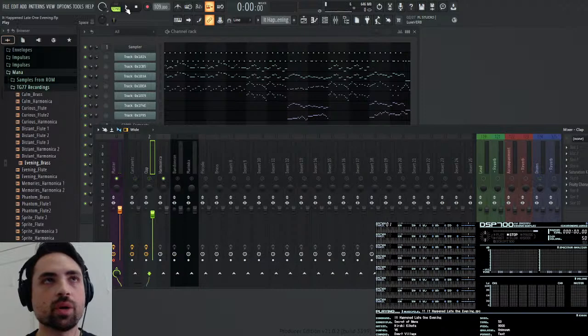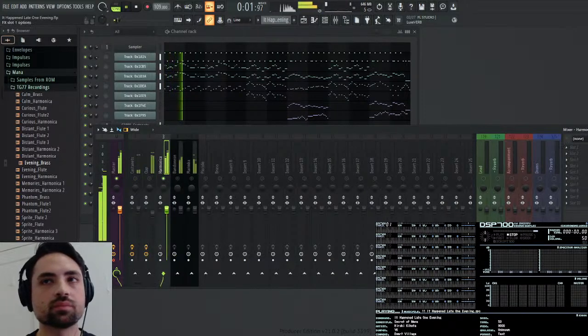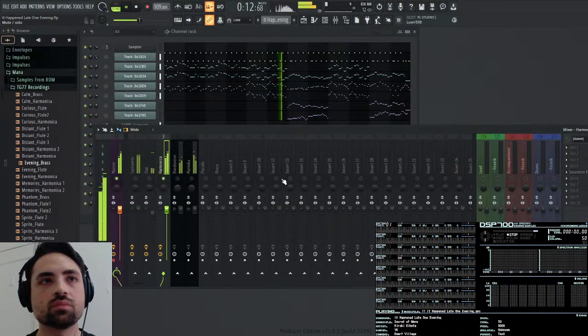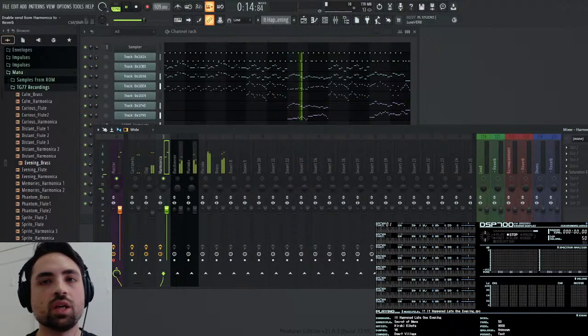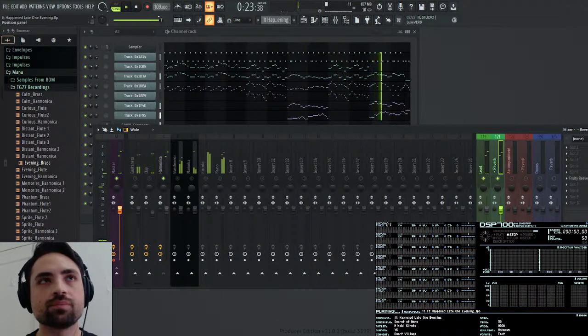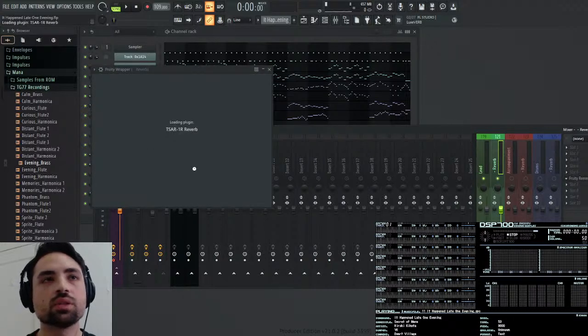So let's go to the harmonica. This could be a little beefier. Set the volume. And then I'm going to send this to lead reverb. We want this one to have some reverb. And I'm going to put this as TSAR1R.